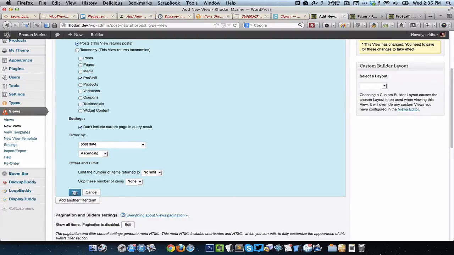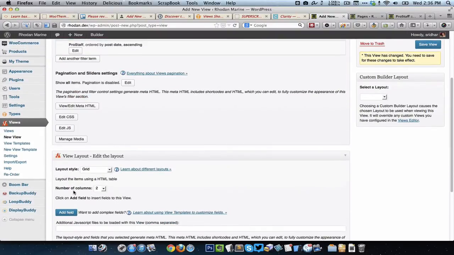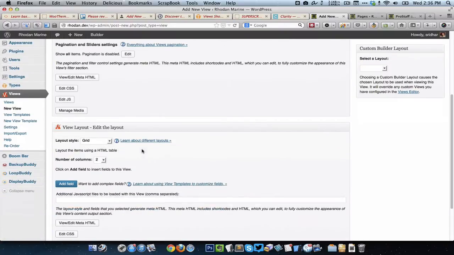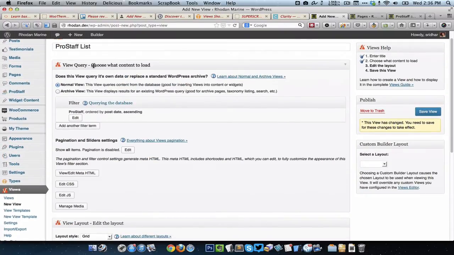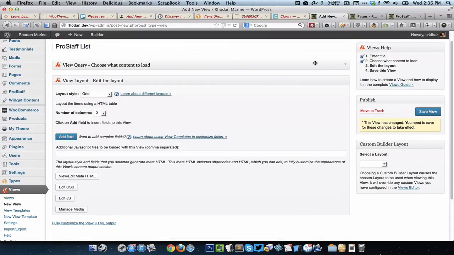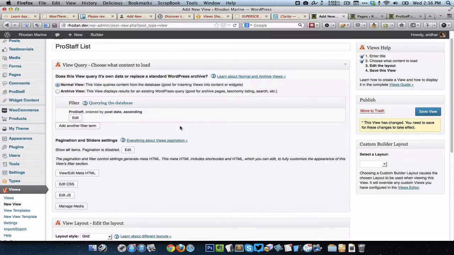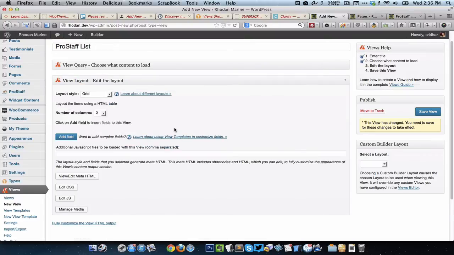And I'm going to click on OK. And here, essentially in this particular section, View Query, what we have done is we have specified the query, and we can add any number of filters. And then in the second section, we're going to select the layout by which whatever is the output of the query should be shown.